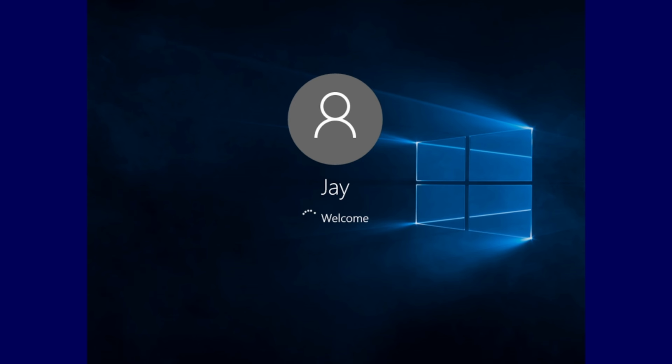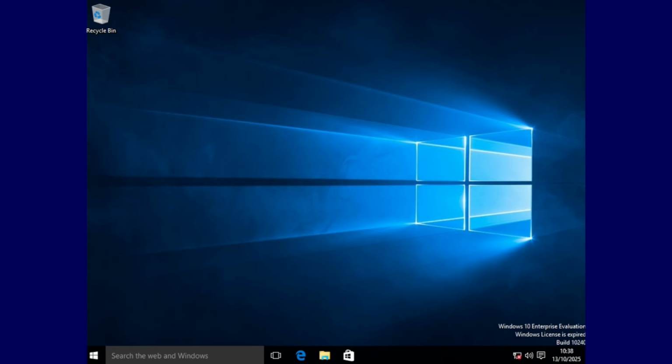So, welcome everyone to Windows 10. Now, this version of Windows 10 might look a wee bit different, and that is because this is the original RTM build that we got. I knew it as Windows 10 build 10240, but I think it was also known as Windows 10 1507. Now, for a long while, that is how the different versions of Windows 10 were known.